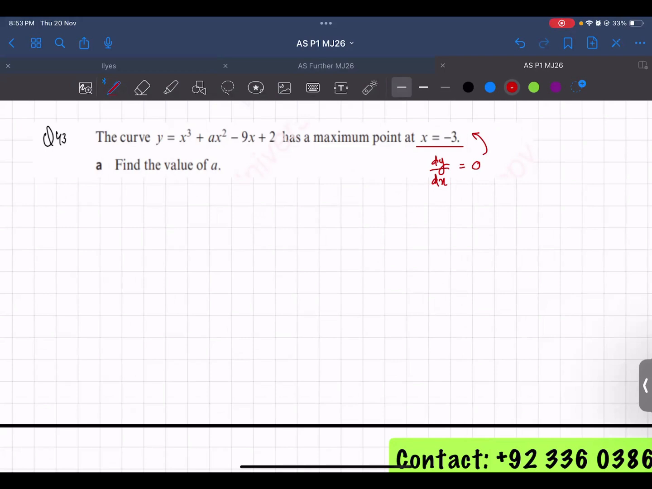So first you find the derivative of the equation that they've given you. So this would become 3x squared plus 2ax minus 9. And for the turning point, the maximum point, we would equate to 0. And we know that this is 0 when your x value is minus 3. So now you can substitute your x as minus 3